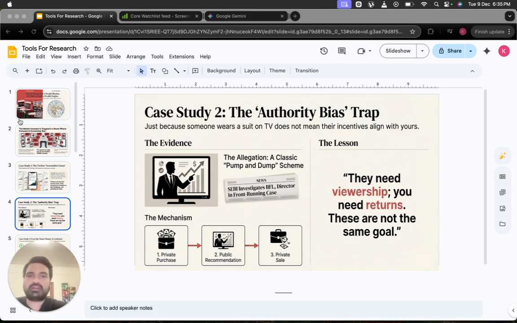What you need to understand is these people appear on TV sometimes with their vested interests, sometimes even just out of the goodness of their heart. Television channels, their goal is the viewership and TRP. Your goal is returns. So even if you're following and watching these TV channels, watch everything with a huge amount of salt, not even a pinch of salt. Or ideally, it's best to maybe stay away from these channels and build your own research process, build your own framework for selecting stocks.